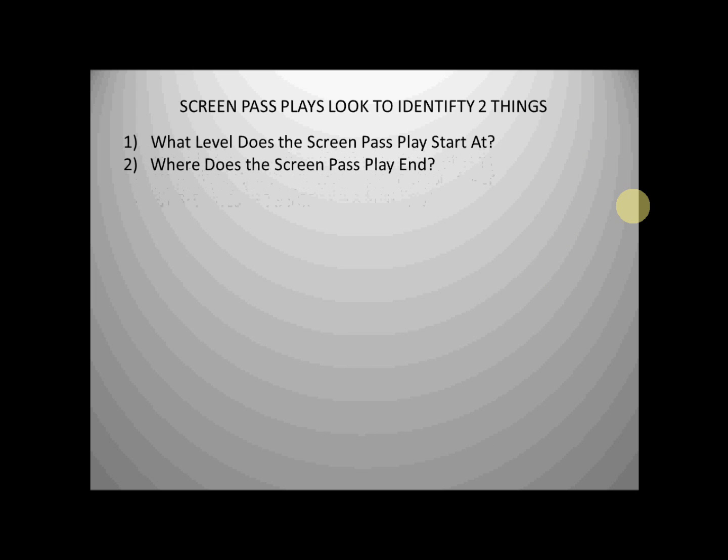Screen pass plays look to identify 2 principal things. Number 1, what level does the screen pass play start at? And number 2, where does the screen pass play end? This is what makes the screen game fun in sideline football because there are 2 things happening, blocking and then pursuit. So when we look at the blocking,